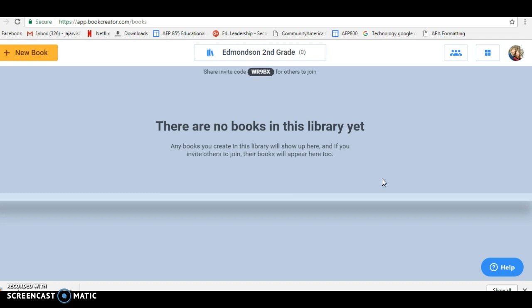Two standards that this addresses, the ISTE student standards. It addresses 6.B, which talks about creating original works using digital resources, and it also addresses 4.D, which talks about working with open-ended problems. So when you get to this page, I just typed in